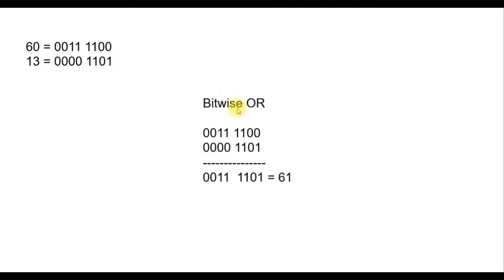So let's take bitwise OR. So this is 60 here in binary format and we have 13 here in binary format. If we do a bitwise OR of this, the individual bits will get ORed. So we saw the truth table of OR that 0 or 1 gives us 1. 0 or 0 will give us 0. 1 or 1 will give us 1. And similarly, we get all these bits here. These bits together convert to a decimal value of 61.